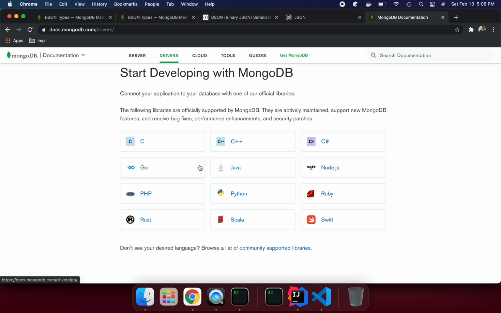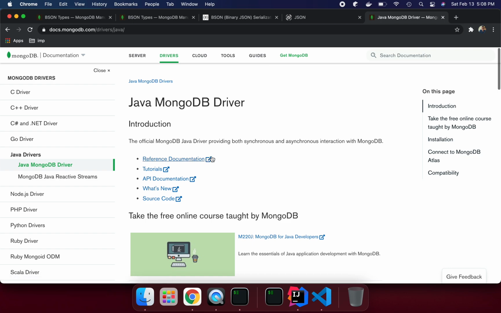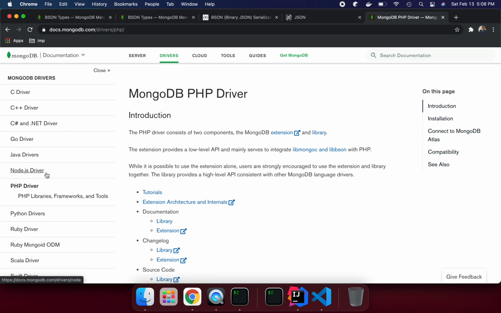We have so many drivers. If you are using Java, then we see the Java driver, and if we are using PHP, then PHP drivers. I already explained this in a previous session as well. But these are helpful if we want to use a driver to talk to our database and do all the operations, which need to be specific to the language.